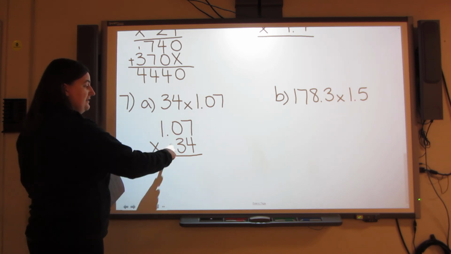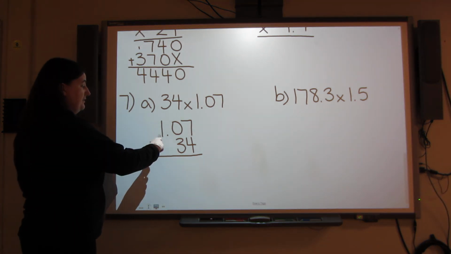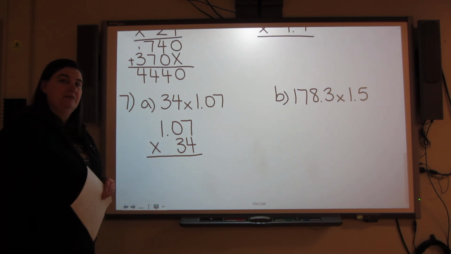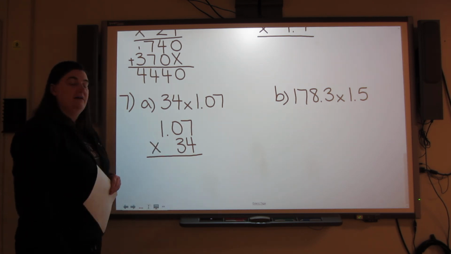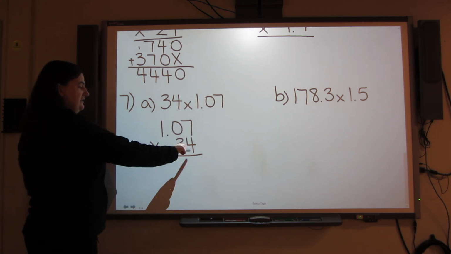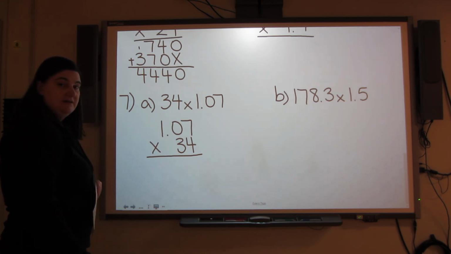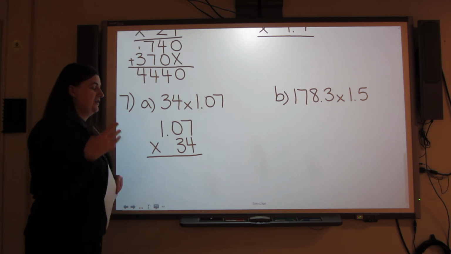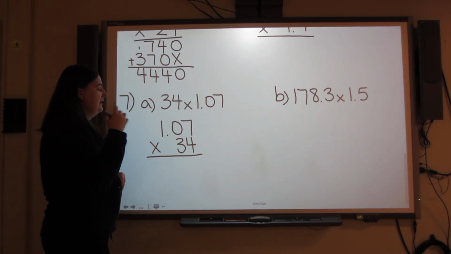I don't have to turn that 34 into 34.00. You don't have to. Just stick that 34 right on the bottom. So, I've got 3 digits on the top, 2 digits on the bottom. It's always easier when you're multiplying to put the one with more digits on the top. And now,